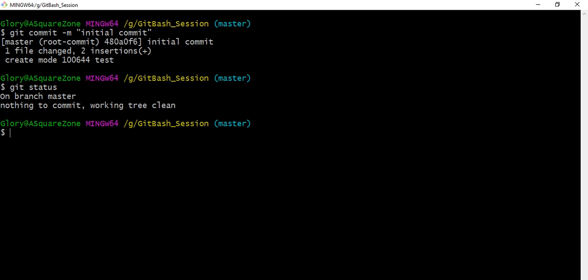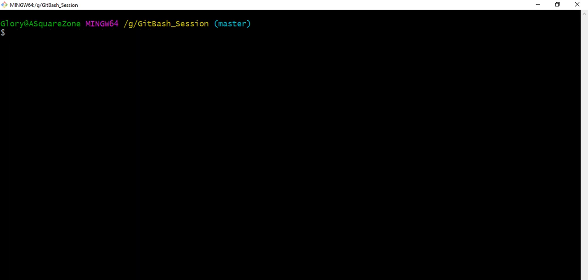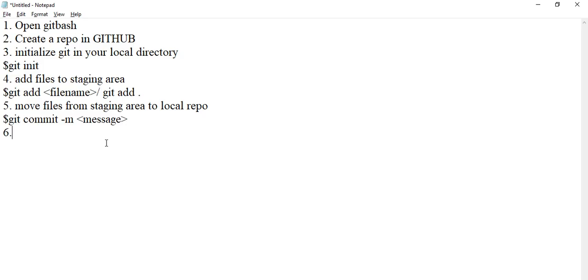So now we have to add a remote repo with our local repo. So here we will write the URL, or else we can say add remote repo with local repo.